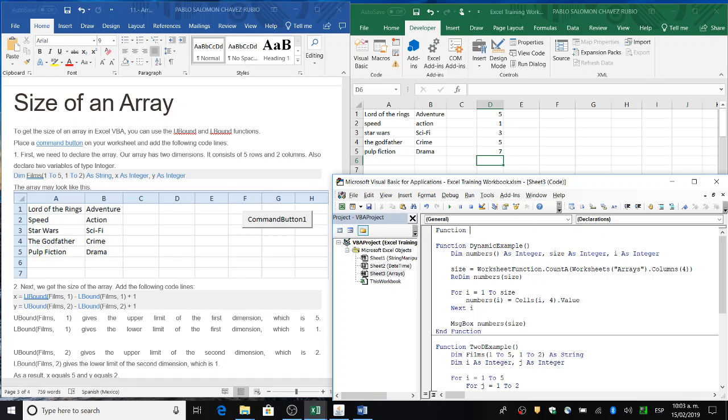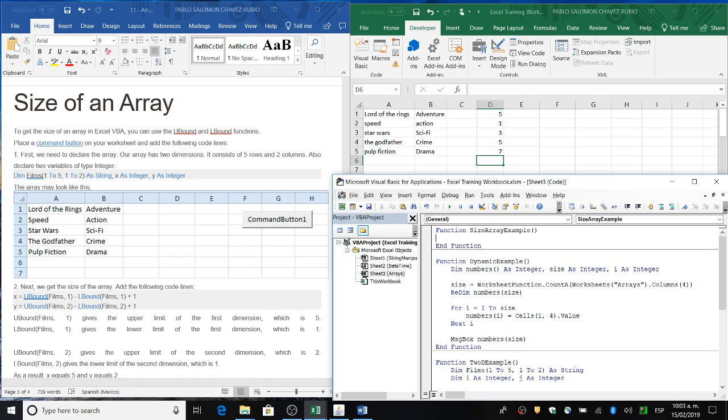Function size array example. So dim films is 125, comma 122 as string, x as integer, j as integer. Okay,